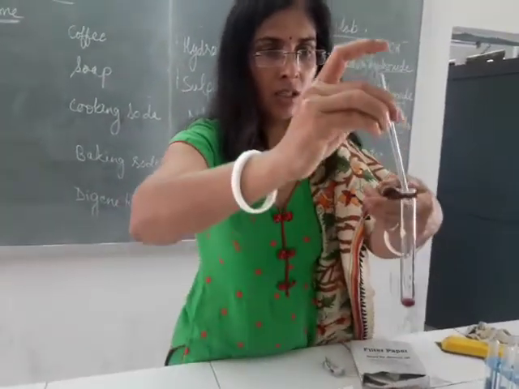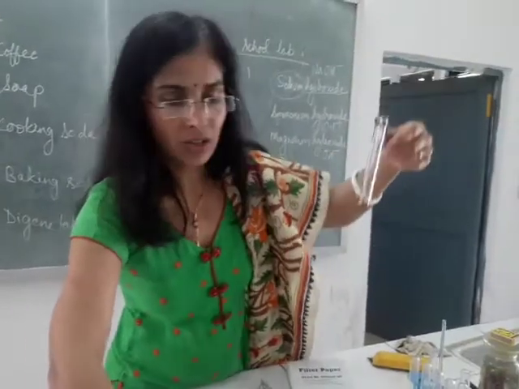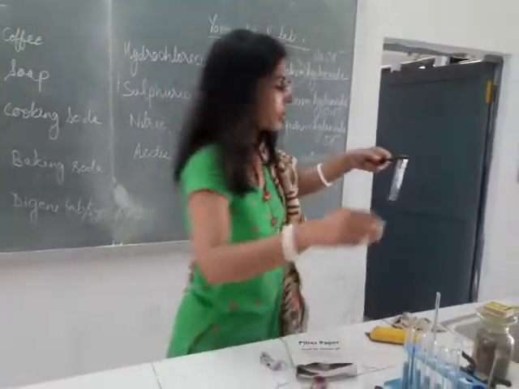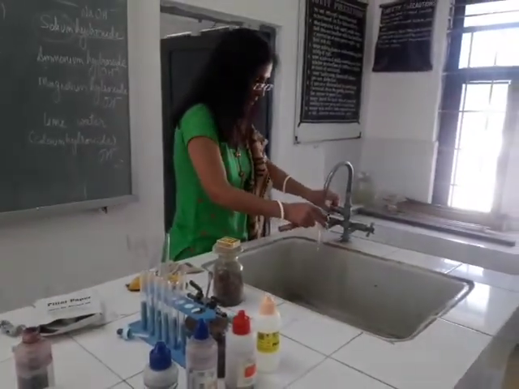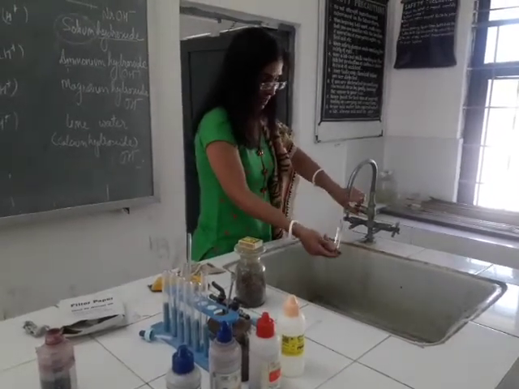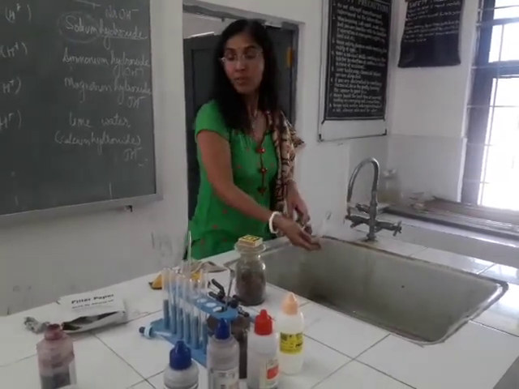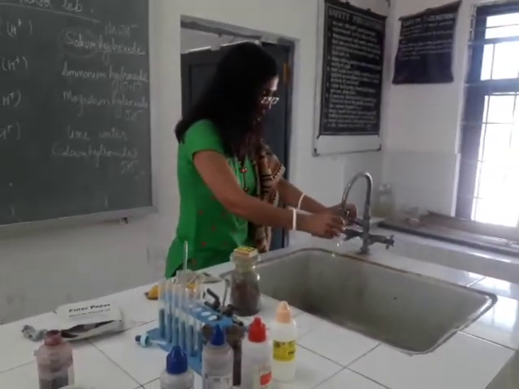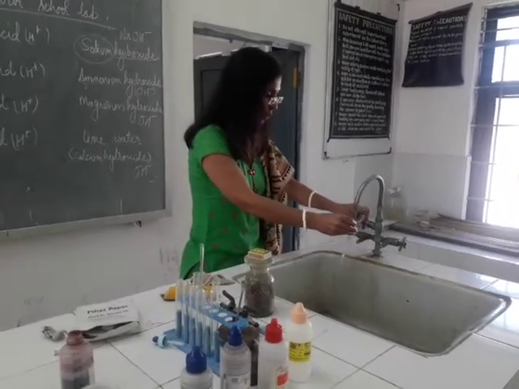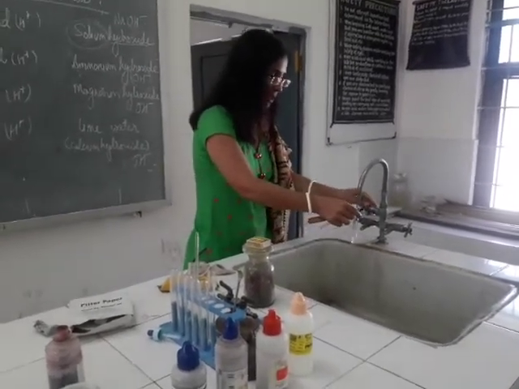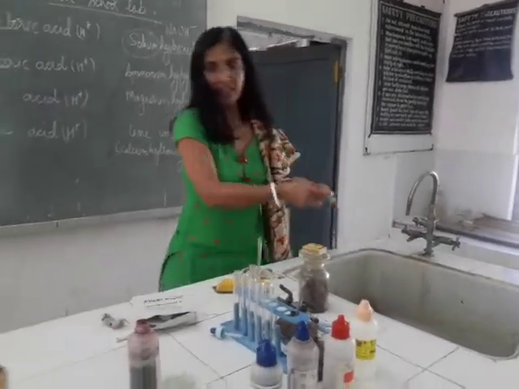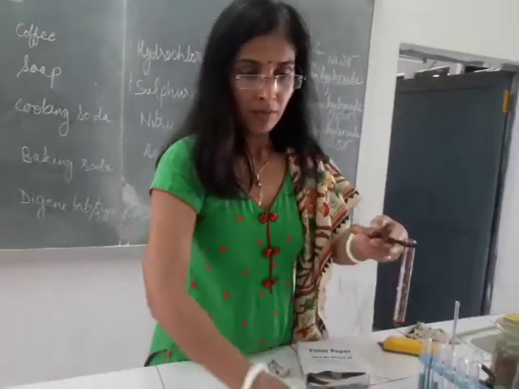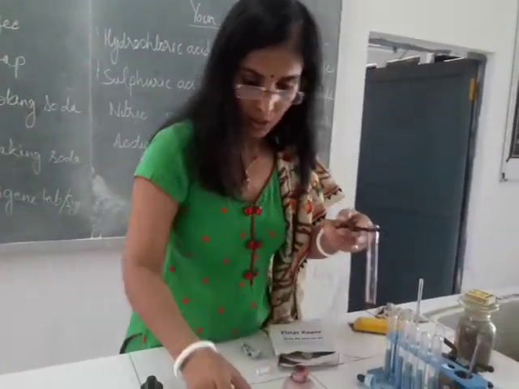Oh god, this one is again not changing the color. What is it? This is sulfuric acid, and we know that acids do not change the color of red litmus. For testing the presence of acids, we need to use which litmus? Blue litmus. Will you be able to remember, children? Yes, all good children and all not so good children. And all my children will be able to remember that red litmus only gives me the test for the presence of bases. Now this one is left.